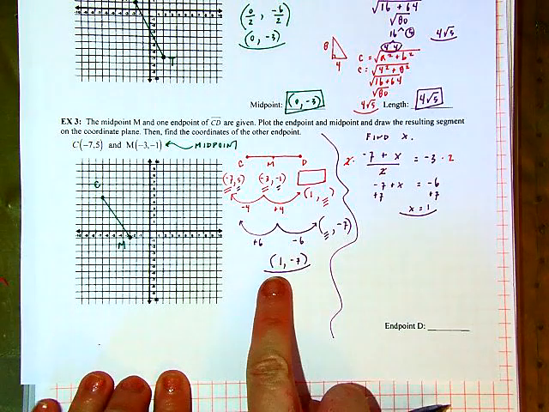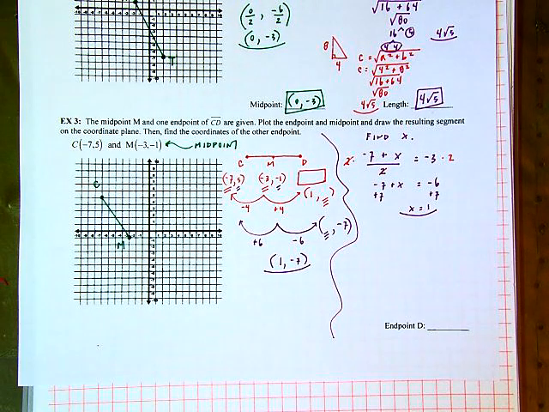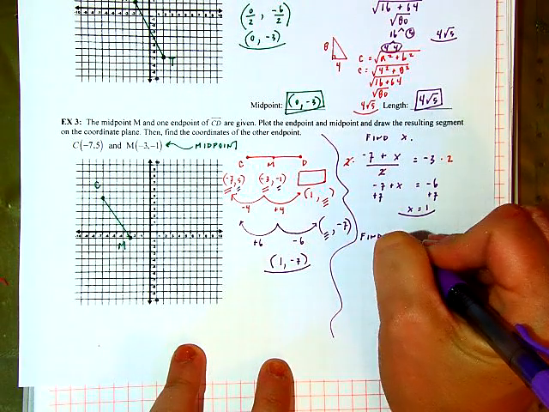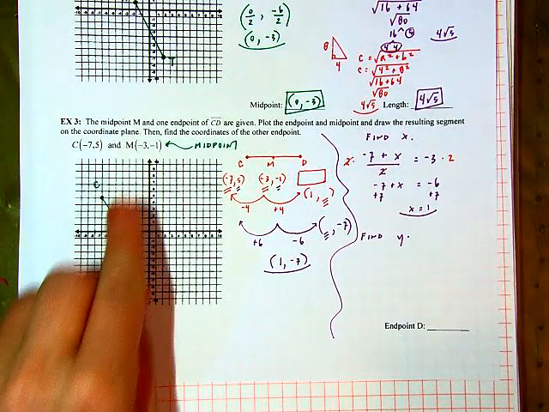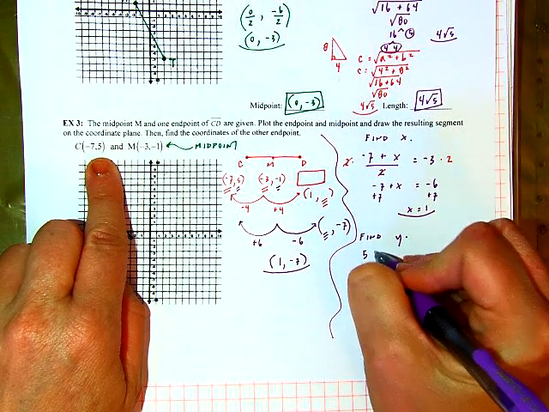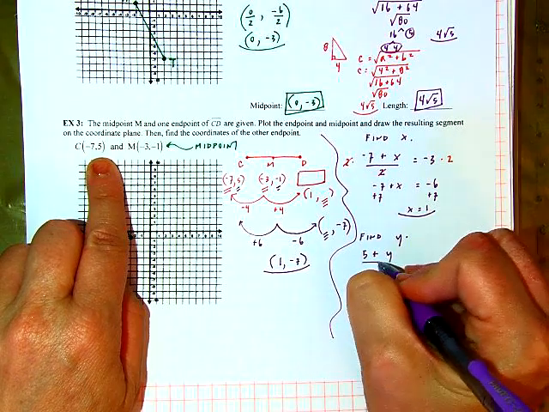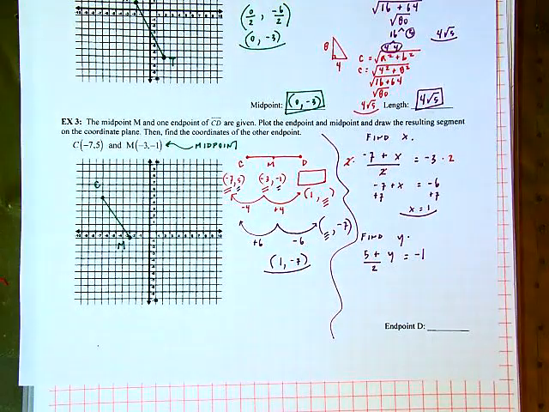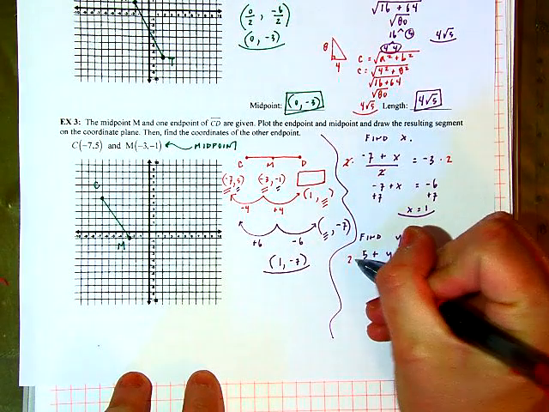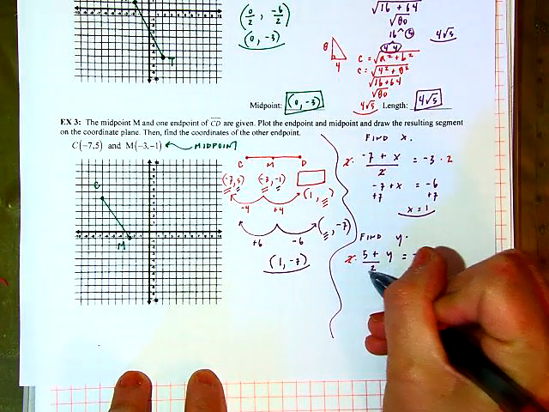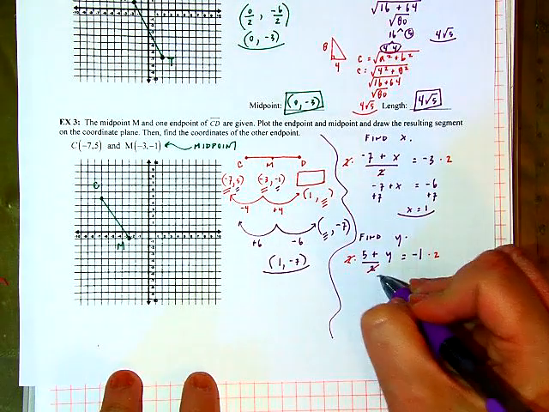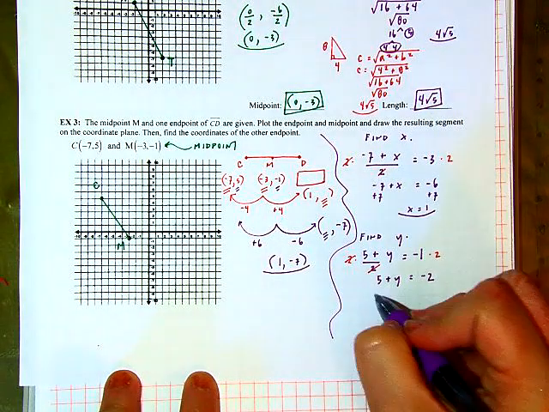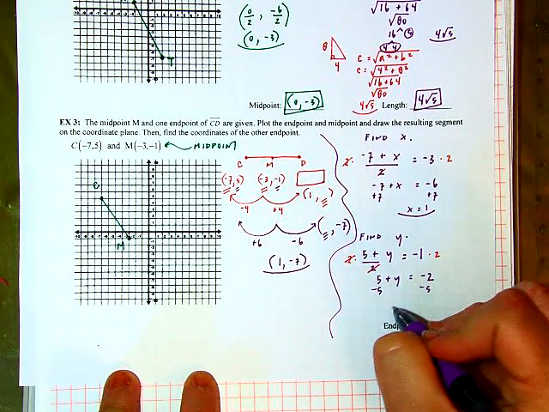All right, so it just confirms it, right? I knew that it was 1 with my other approach. Okay, I want to find y. So I know then that 5 plus my unknown y value divided by 2 will get me to -1. So again, I'm going to clear my fraction by multiplying each side by 2. So now I have 5 plus y equals -2. Okay, take away the 5,